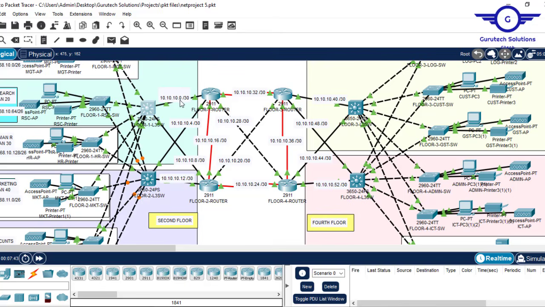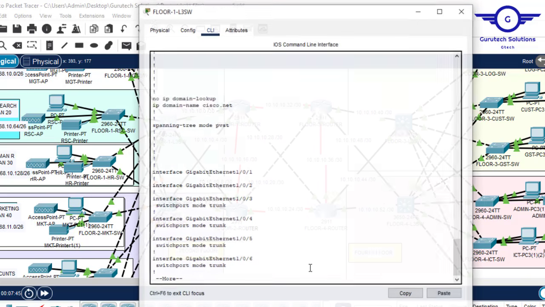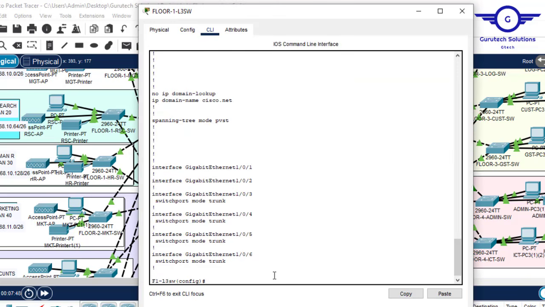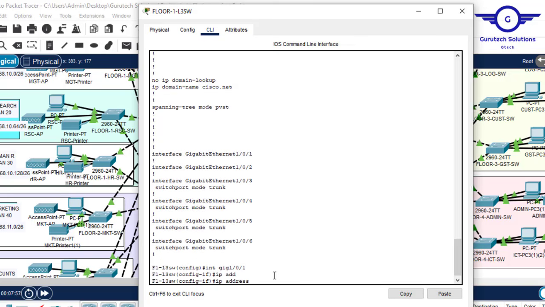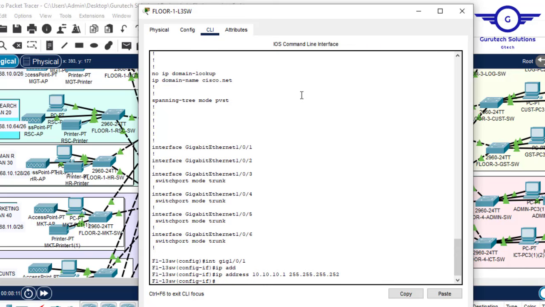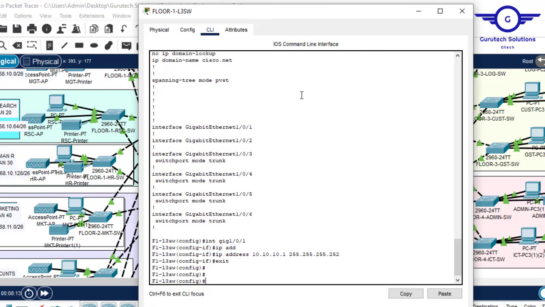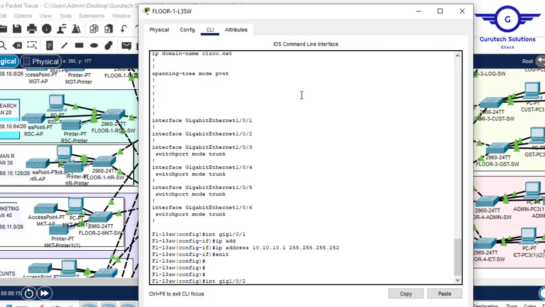10.10.10, the first IP address, which is .1. Okay, so I'll just say interface. So I'll omit the range, then IP address should be 10.10.10.1 and a subnet mask of 255.255.255.252 because the prefix is /30 notation. Hit enter, then you exit the interface, and now you configure gig